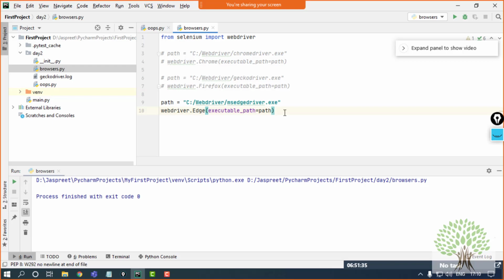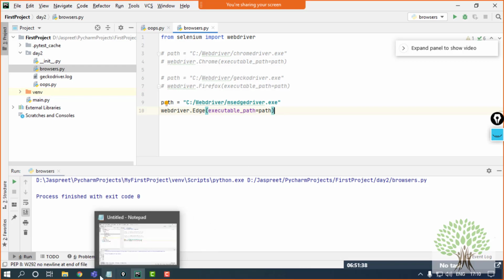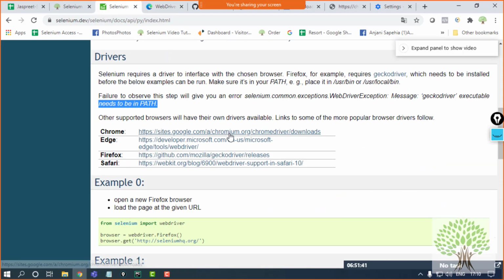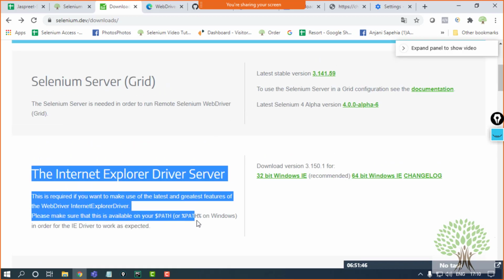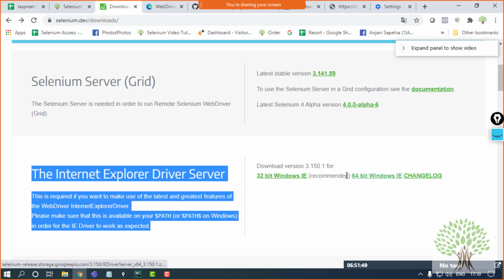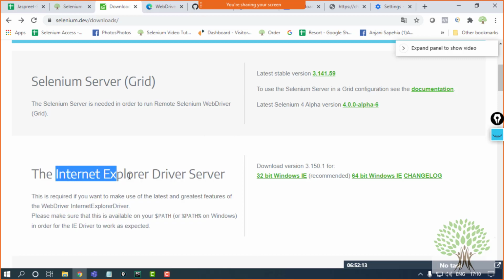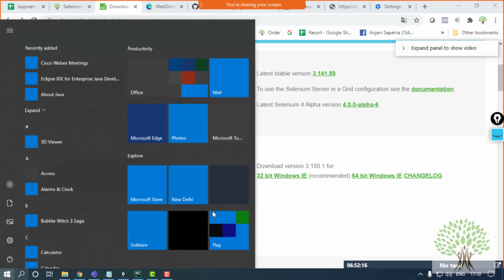Left is one, that is Internet Explorer. For Internet Explorer, you have to go back over at this page, the downloads page. There is a separate section for Internet Explorer. You just need to get the zip file from here, from these two links, and keep it into the system and extract the driver out of it. Once you have extracted the driver, what next you need to do is the settings in your Internet Explorer. The Internet Explorer requires a number of changes to be done in the default browser. Which changes? I'll tell you.